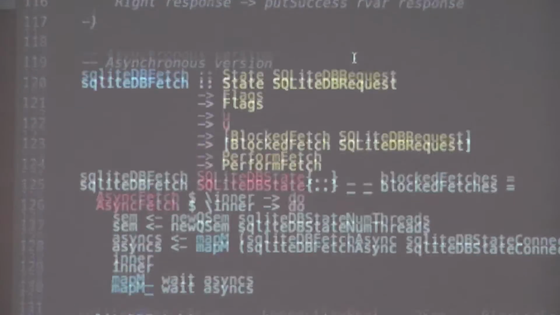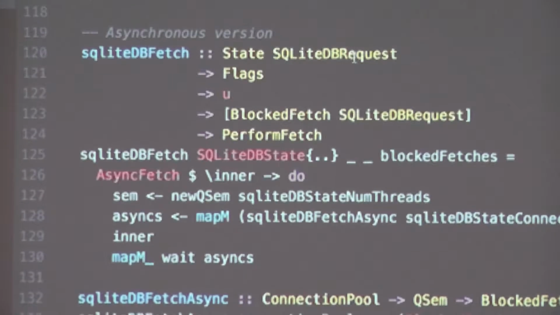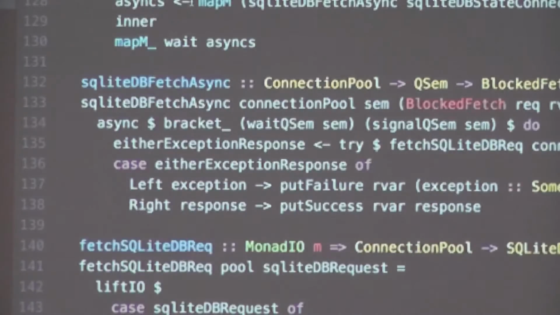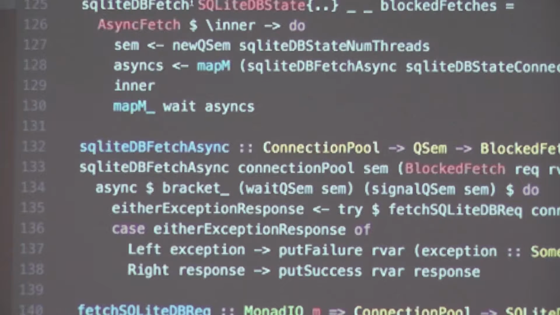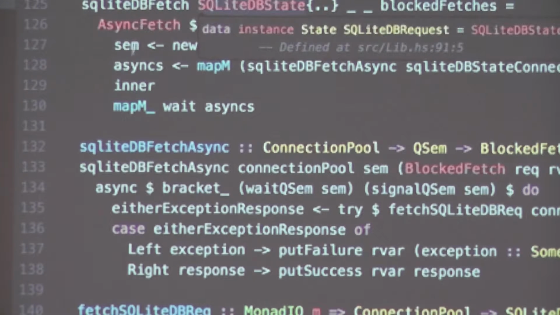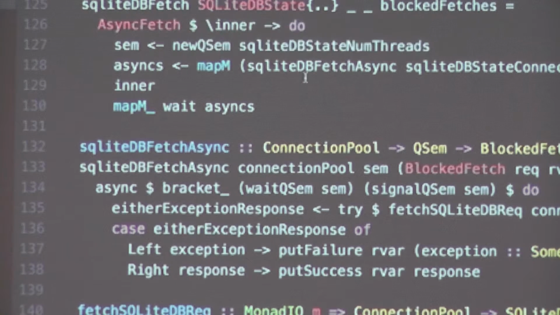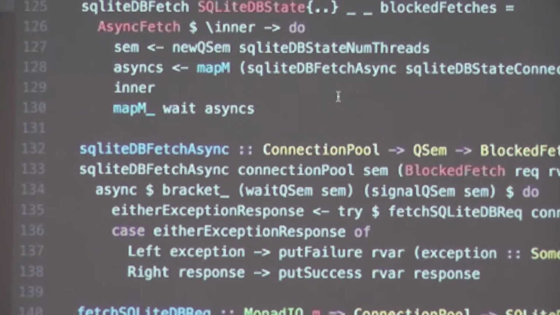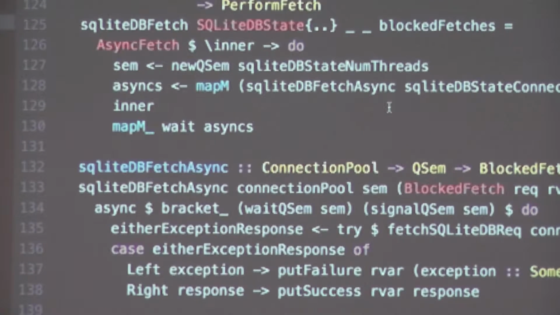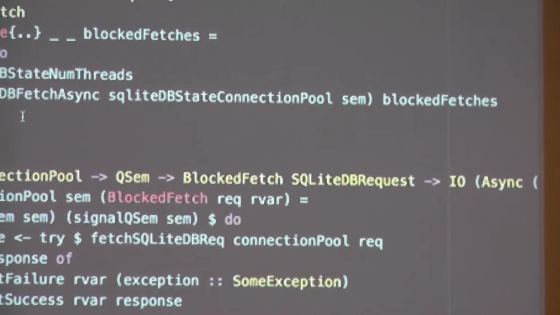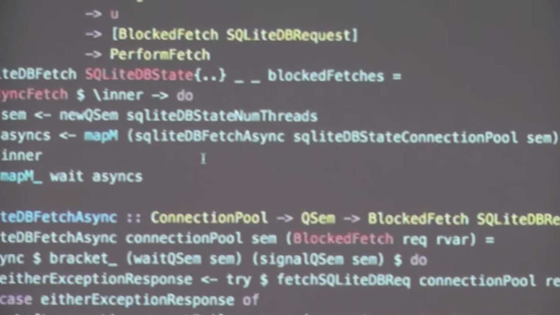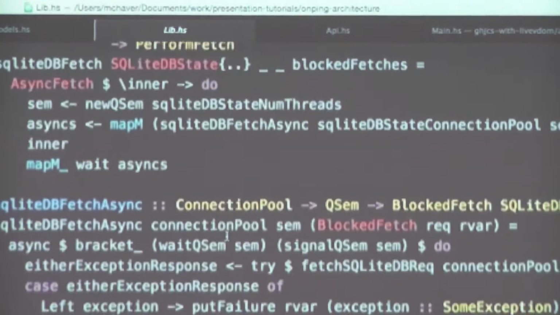So probably the main area of code is down here, and I won't go into too many specifics, but basically you need to tell Haxl how you want to access that data, like where it is coming from, and how to handle synchronicity. You can do it synchronously or asynchronously,